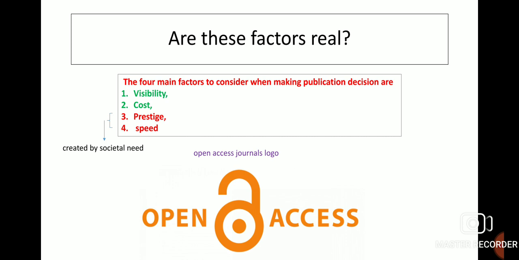As for speed, suppose you want to have your drug in the market, then you can go for a non-paid journal, which is fast or will take less time, so that it will be available in the public domain easily. This is the logo for open access journals, that is unlocked.